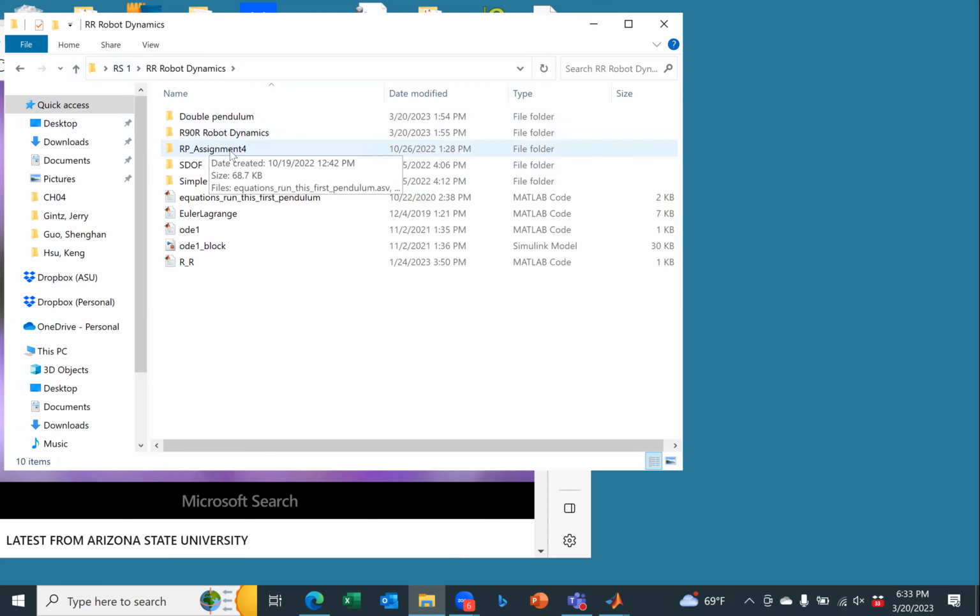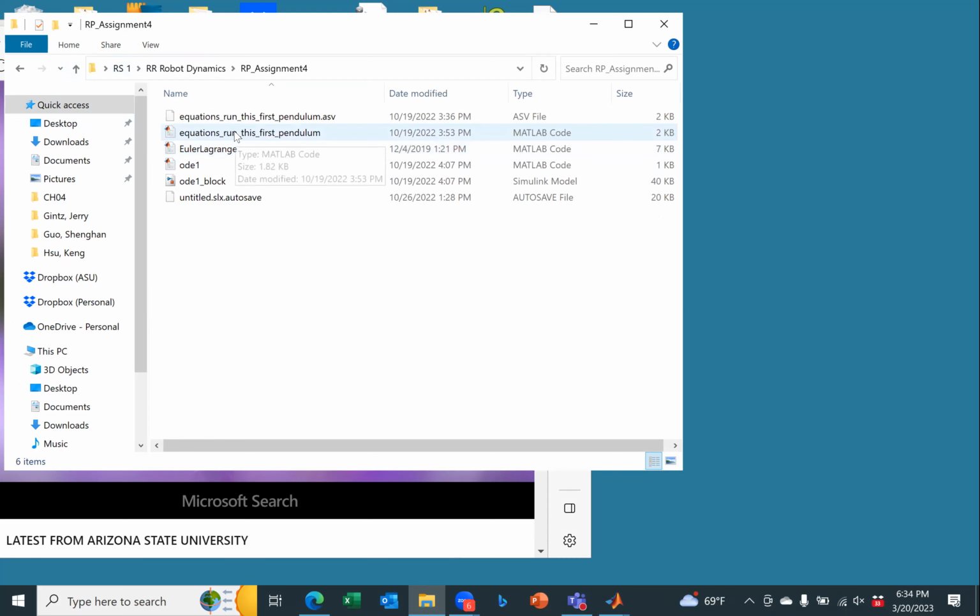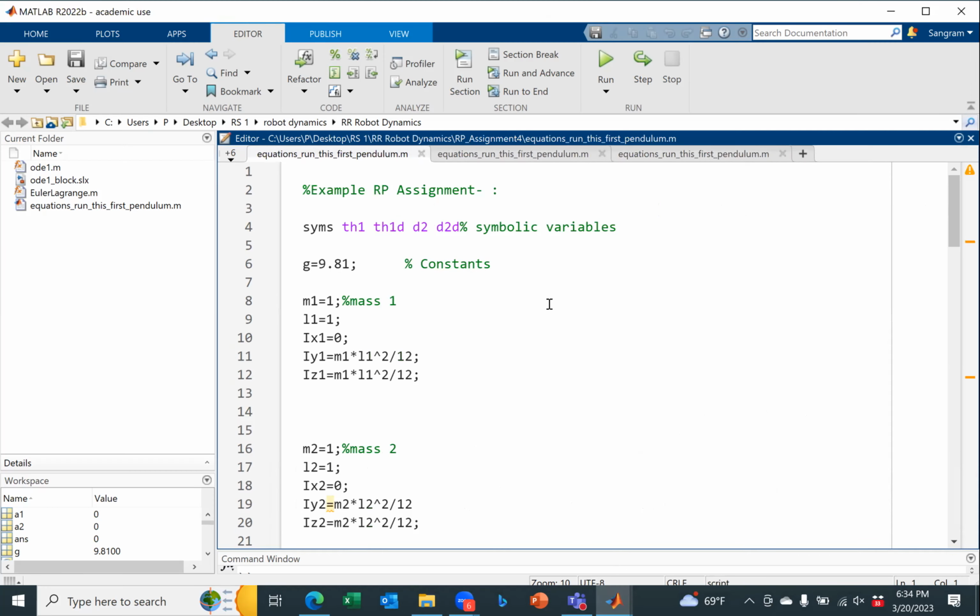Okay. So now here we have this revolute joint and then the prismatic joint, and the states are the first